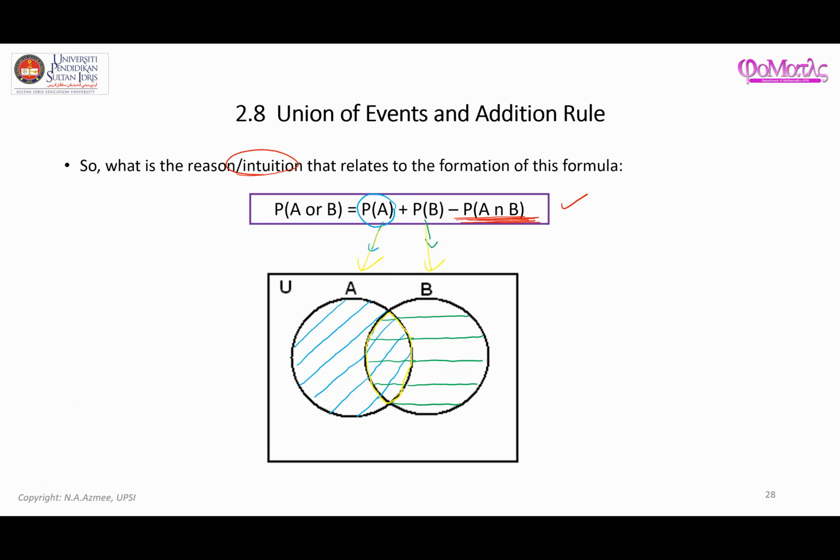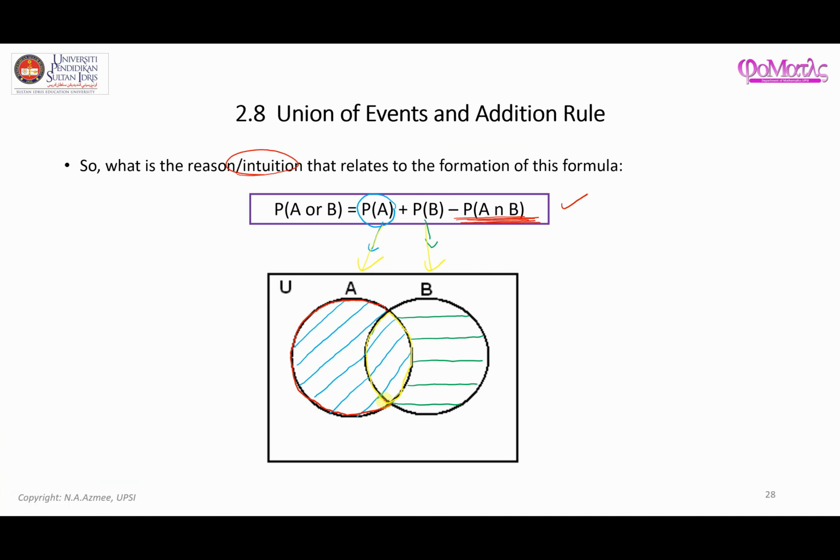So we're going to minus one layer of those lines. So if you minus that, let's say you minus one area, so you will minus P(A intersect B), just this spot,